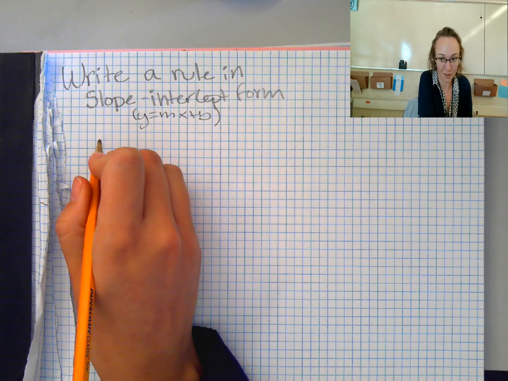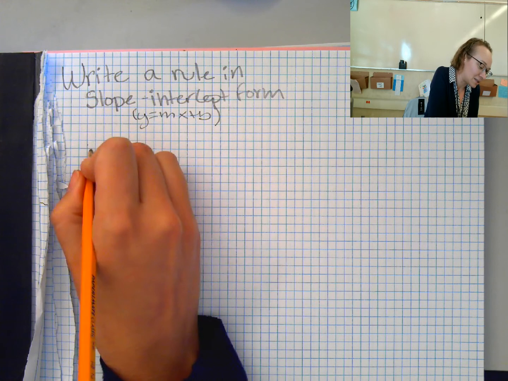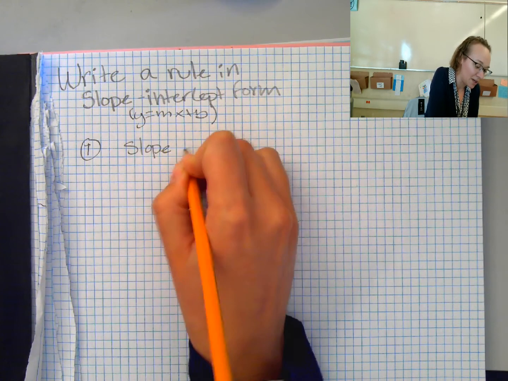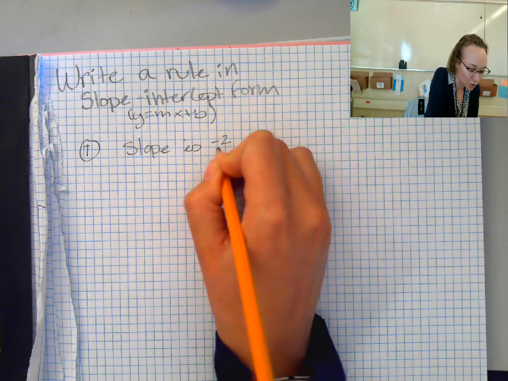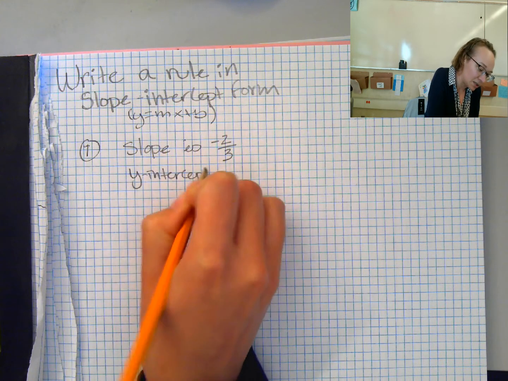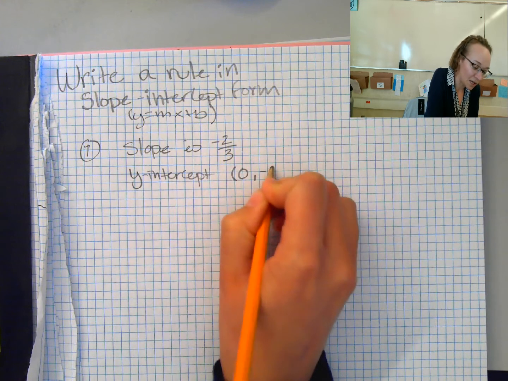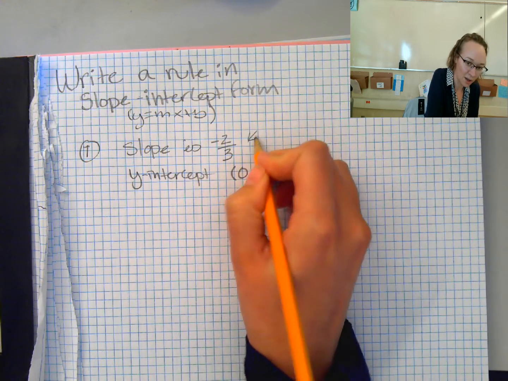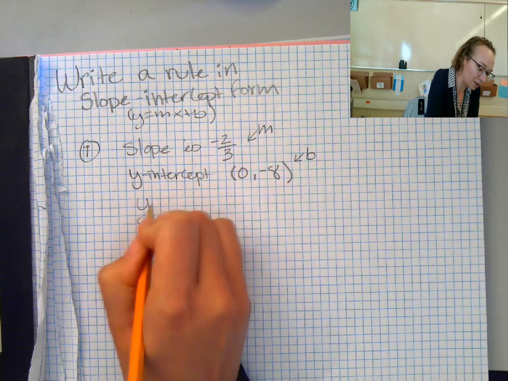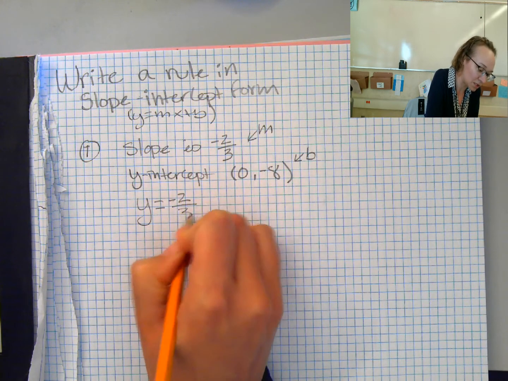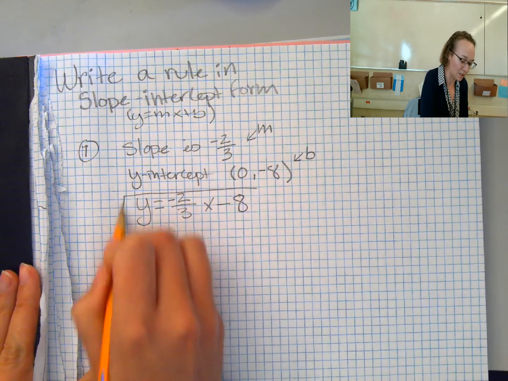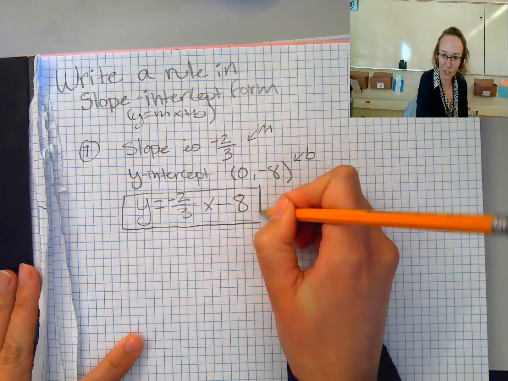and the y-intercept. So if we know, for example number 1, that the slope is -2/3 and the y-intercept is (0, -8), well, that's my m, that's my b, so y = -2/3 x - 8. Just want to make sure we remember that so that it can ground us